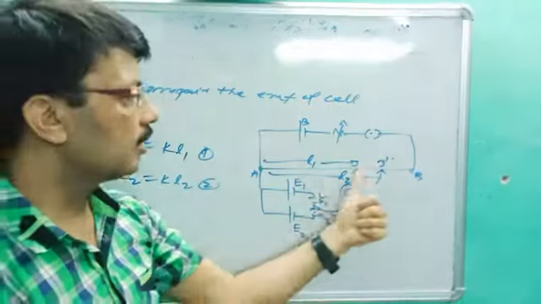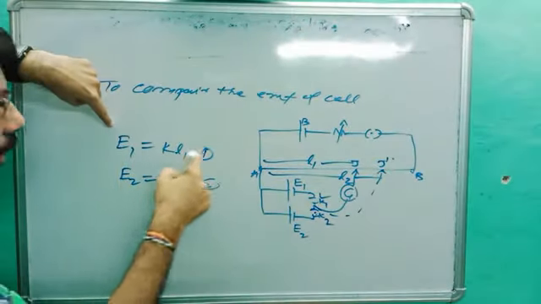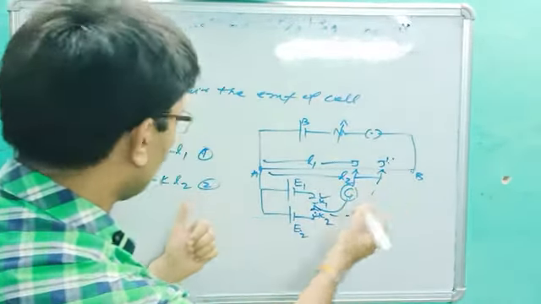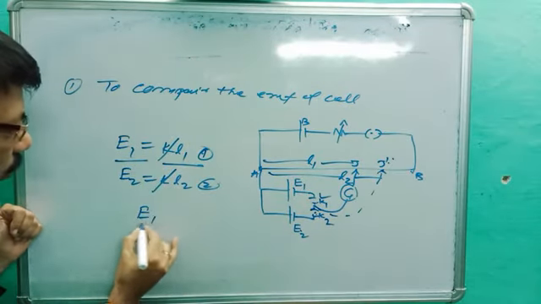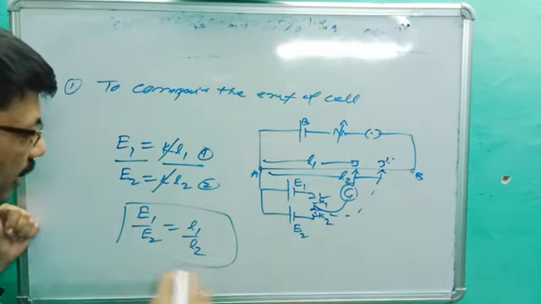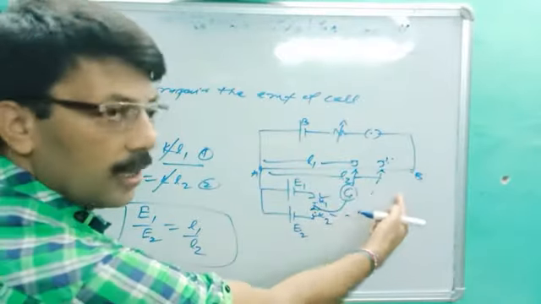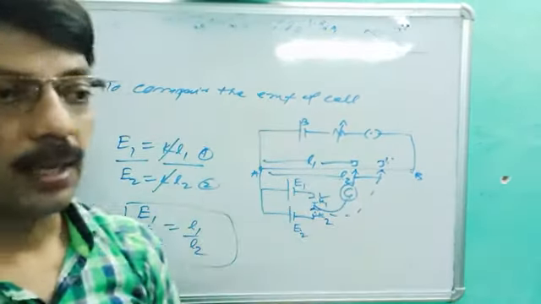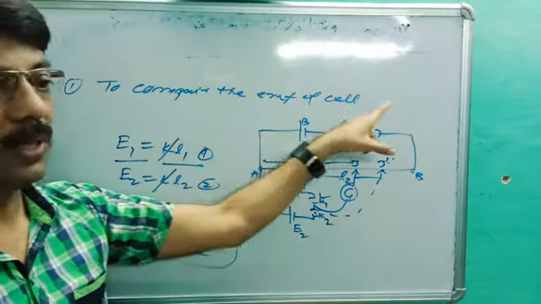First turn on the K1, slide for null deflection, length is L1. So the formula V is equal to KL, so E1 is equal to KL1. When E2 is on, at J dash it becomes 0, length is L2, E2 is equal to KL2. Divide first by second, K cancels, and we get E1 upon E2 is equal to L1 upon L2. You get L1 and L2 from here, so you can compare E1 upon E2. This is the application of the potentiometer to compare the EMF of cells.